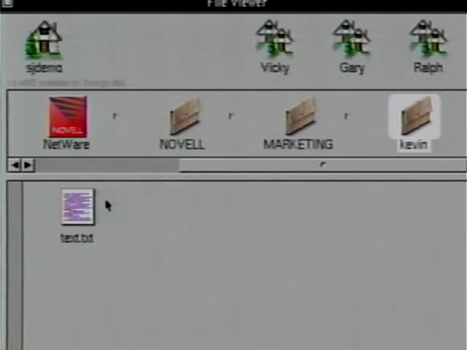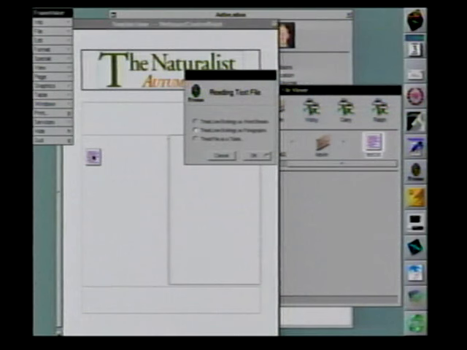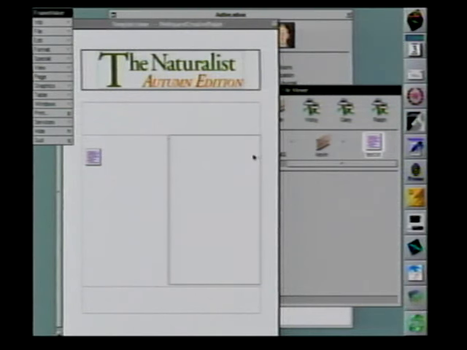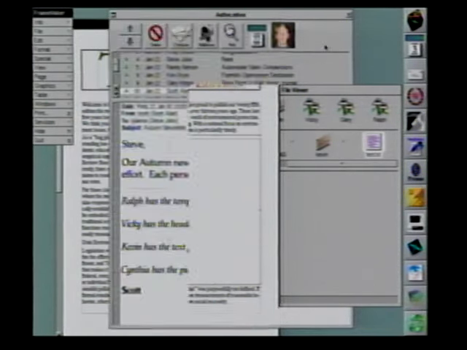And sure enough, here's that text. So let's put Kevin's folder up here on the shelf, and let's just take that text and drag it right over to Frame and drop it in. And Frame asks me how I want to treat line endings, and I don't really care. And it'll take that text, and it just grabbed it over the Novell network and dropped it right into Frame here. And now I click on where the picture's supposed to go, and I go back here, and it says